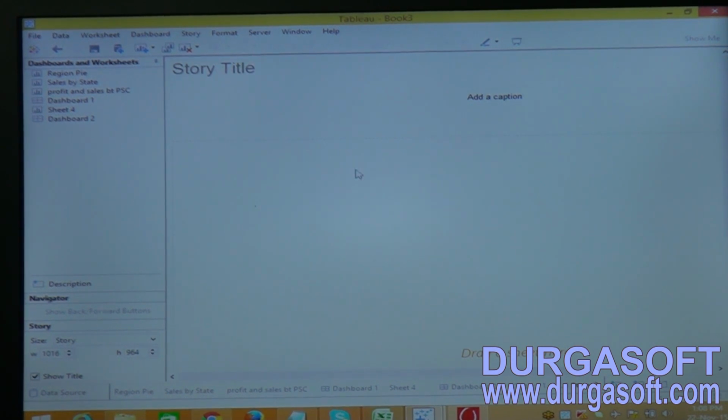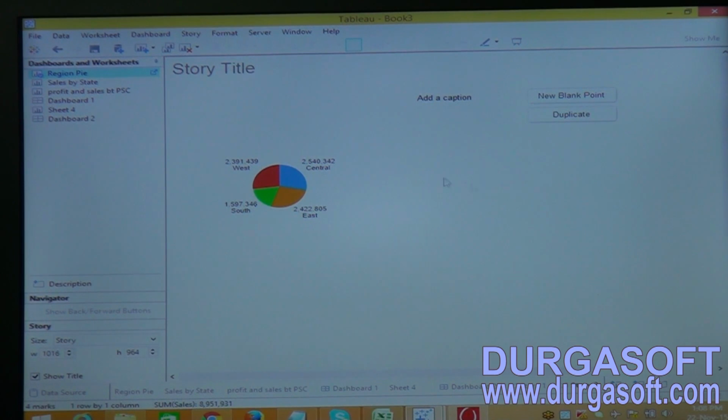This is the way to create the stories. Now see, it is displaying the list of dashboards and worksheets. Now let me drag here. When you drag the sheet here, it says new blank and duplicate. Here you have add a caption.